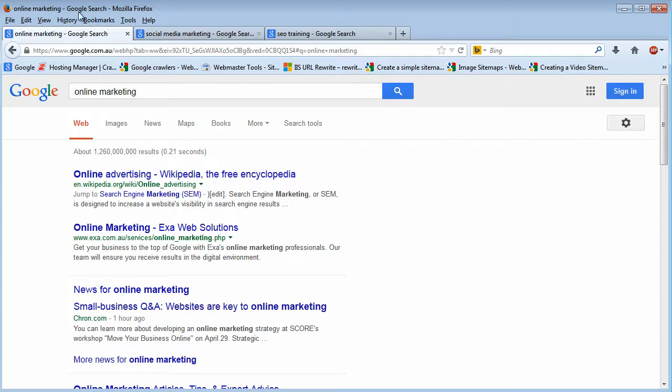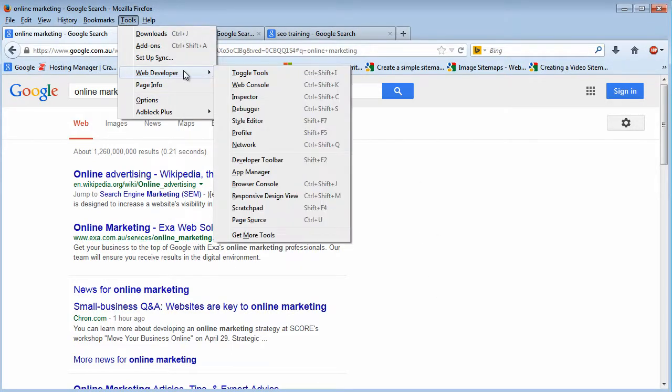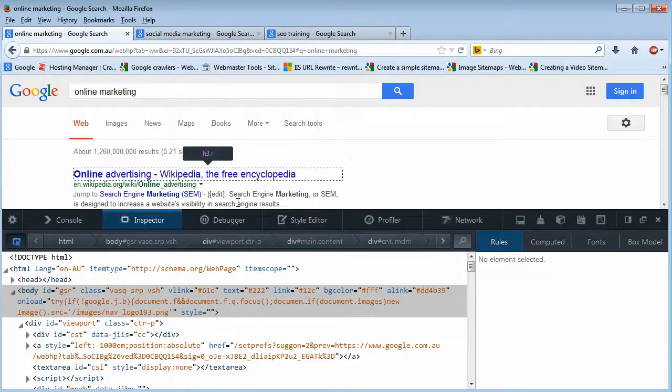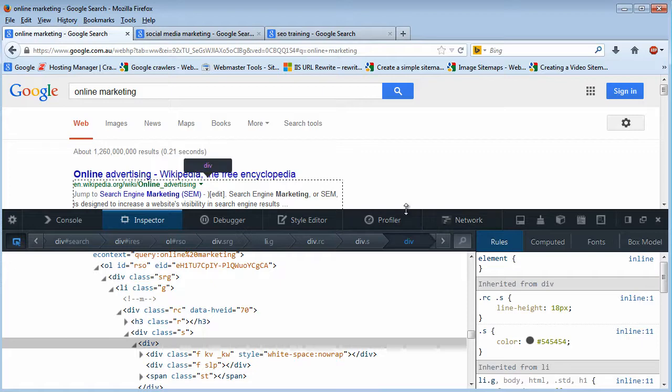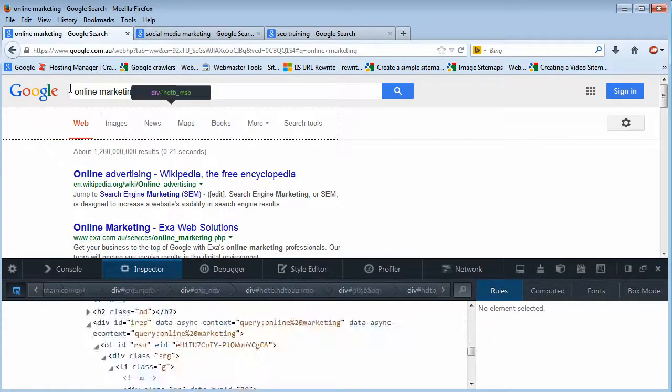I'm using Firefox. Okay, and I've installed the web developer toolbar, right? As you can see, I've got the web developer toolbar happening here. Now let me press on, let's say, inspector. Let's press on that. As you can see, it's gonna bring this console for me. Now what I can do, I've searched